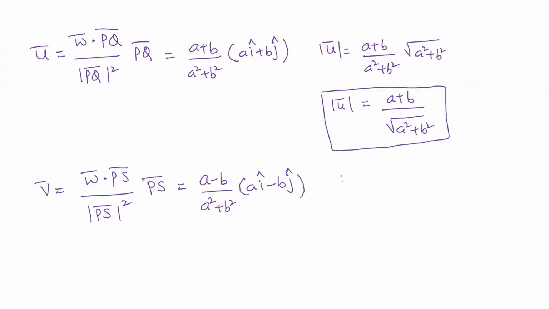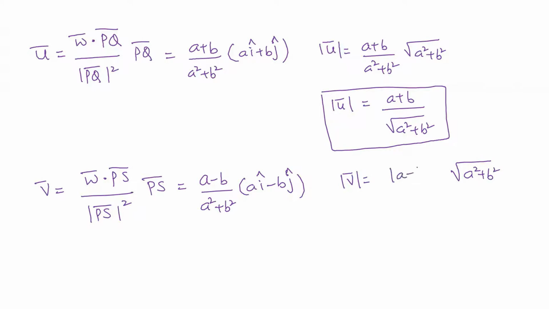Now if I want to take the magnitude of the V bar vector here, you have to be a little bit careful whenever we are taking the modulus. This one is going to come as definitely under root of A square plus B square, but this one is a scalar which will go out of the mod, but we don't know whether A is bigger than B or B is bigger than A.